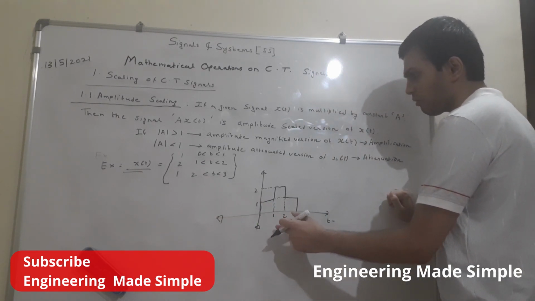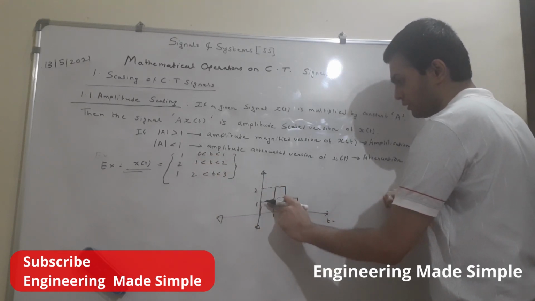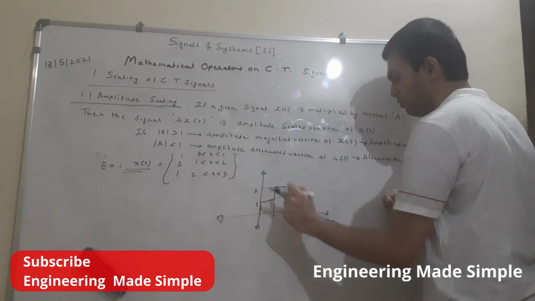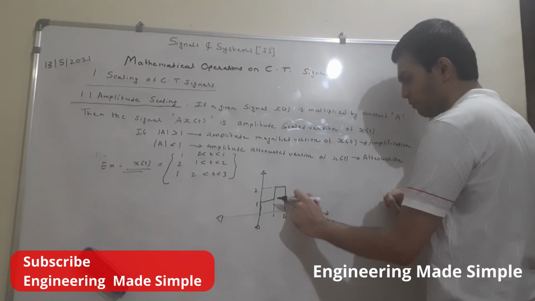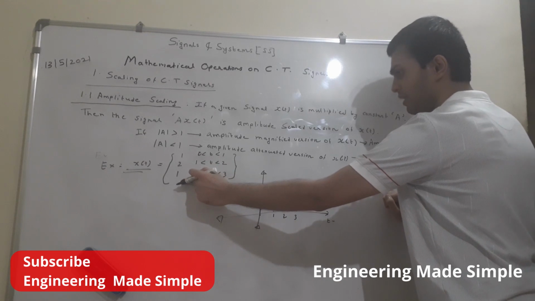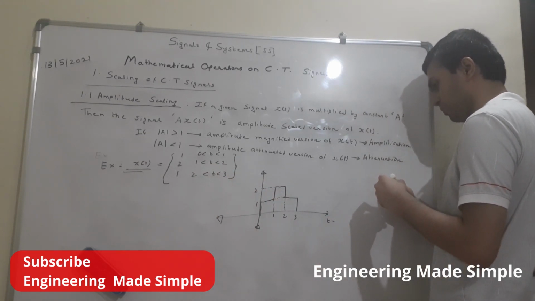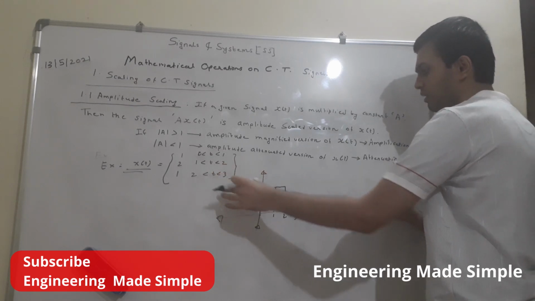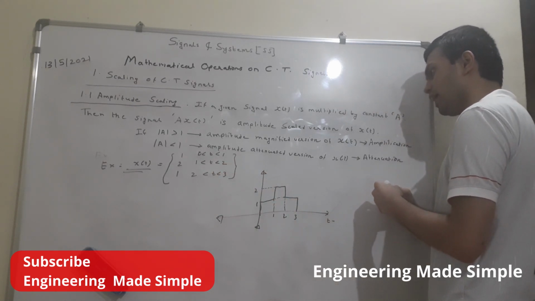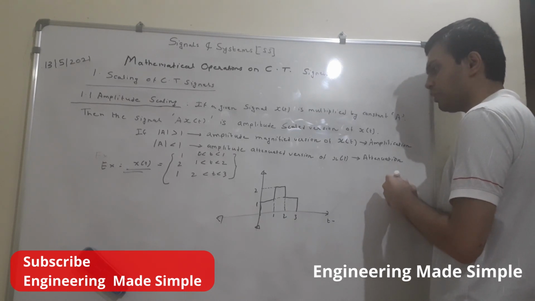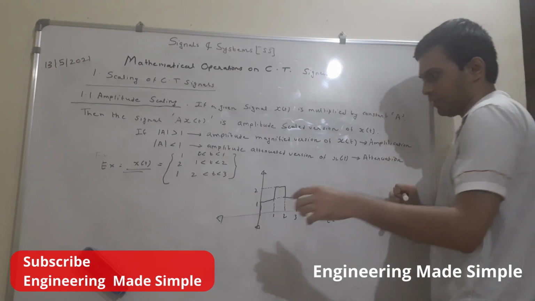From the plot, it is very easy to plot because for 0 to 1 its value will be 1, so I have plotted it like this. For the 1 to 2 time interval its value will be 2, so the signal will go slightly up, and for 2 to 3 again the signal is defined like this. This will be given in the question to you, so you need not bother about it. From the given signal definition you should be able to plot the signal. Now let us study what is amplitude magnification and amplitude attenuation, or in short what is the amplitude scaling operation.